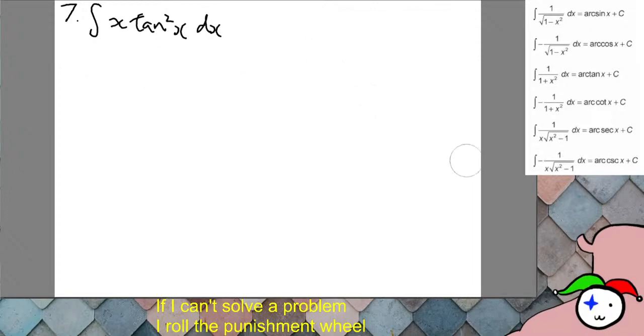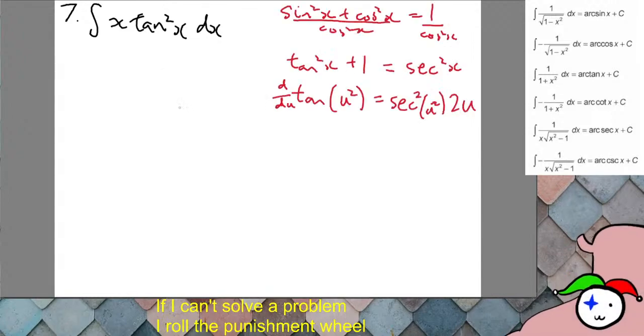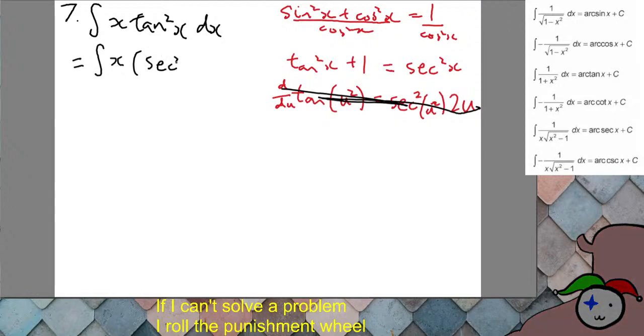Let's rewrite this as x times... To be fair, I kind of needed that previous bit. Bring those back. Alright, so I don't need this bottom bit, so we can get rid of that, but this bit I need. So let me just rewrite this as 1 secant squared of x minus 1,